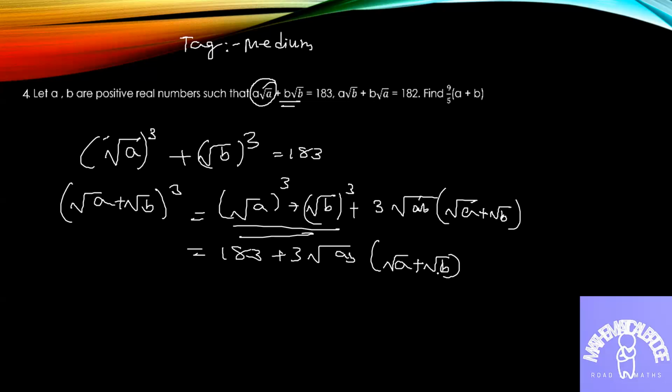Now it is given that a√b + b√a is equal to 182, right? So let us consider this as equation 1, and another thing is given a√b + b√a equal to 182. Let us consider this as equation 2. Now from equation 1 and equation 2, you can clearly tell that